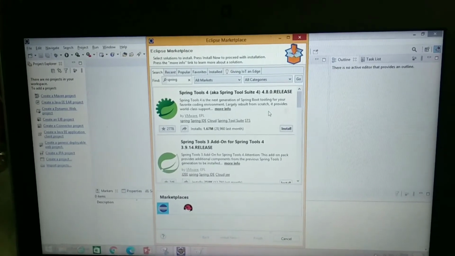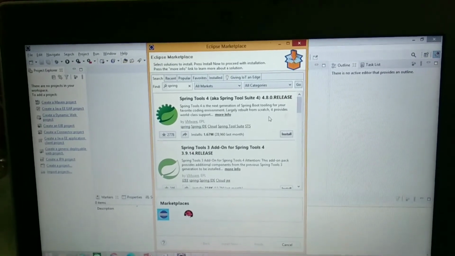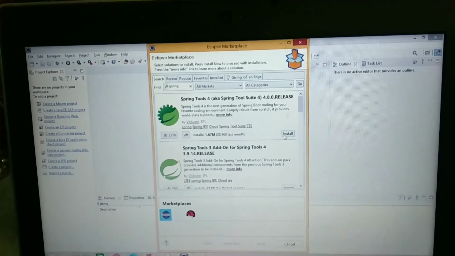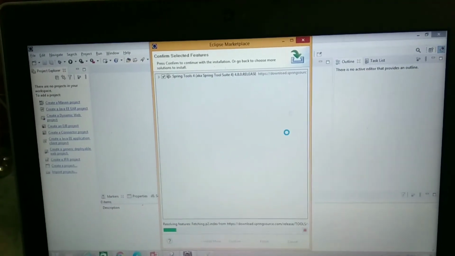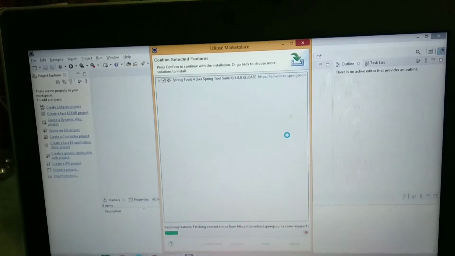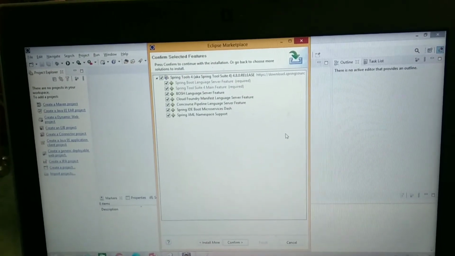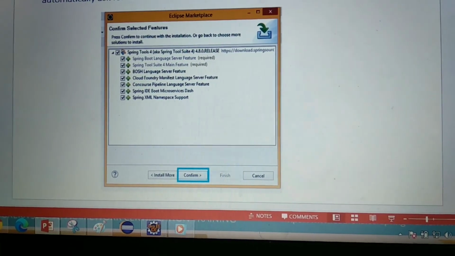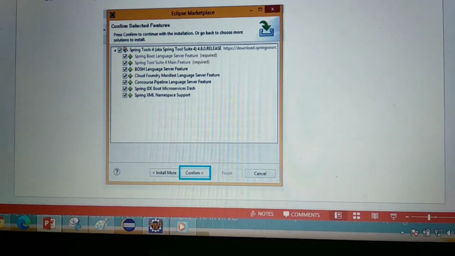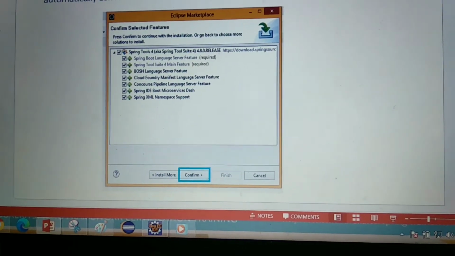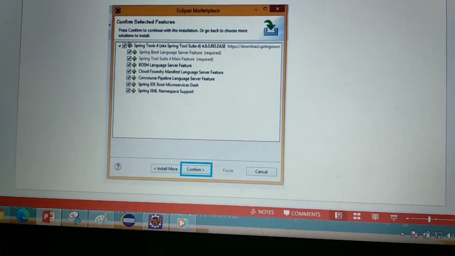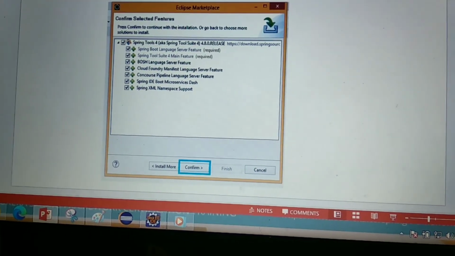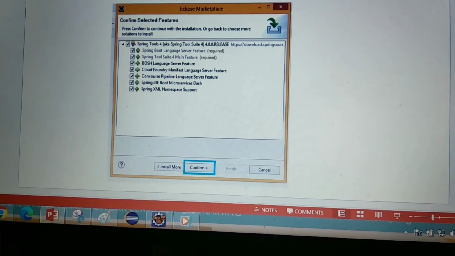There are different versions of Spring Tools, so we will select the latest version and click the Install button. After that, click the Confirm button, which is below, and proceed with the installation. Let the installation finish, then restart Eclipse.